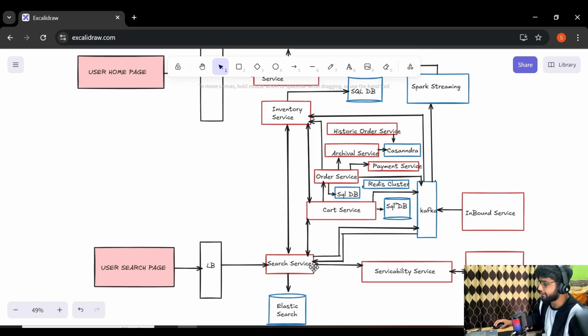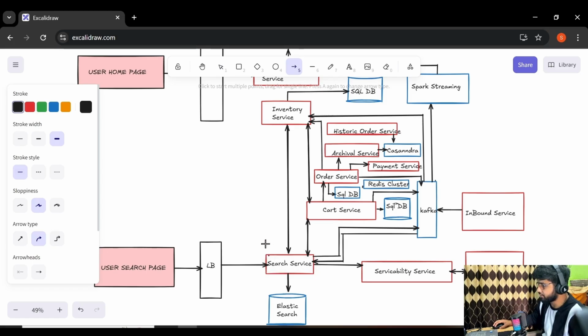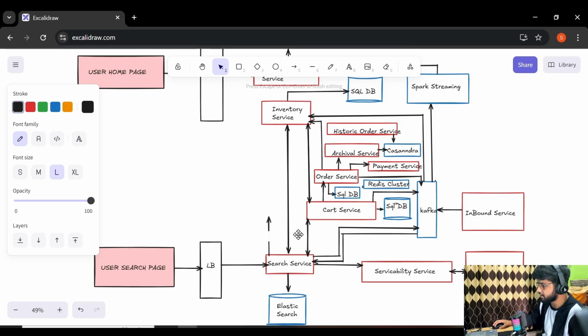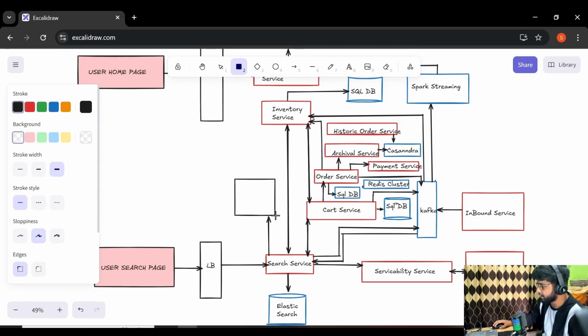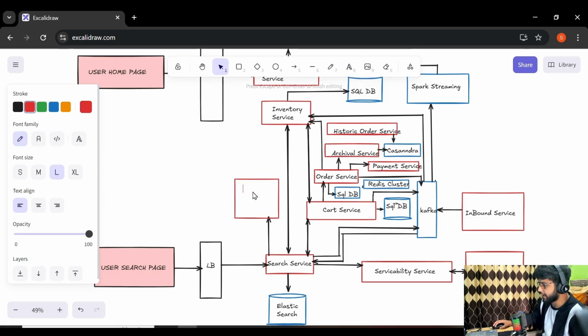So in order to find the user's location, the search service will also interact with one more service, our user service. So here we will be having this user service. Let me just name it as user service. This user service will tell the location or address of the user.